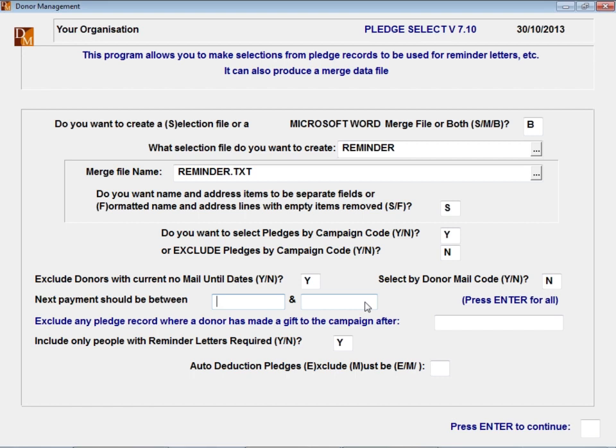So if I had people that were doing annual payments for membership, and on the date people join, their renewal comes out 12 months after that, then I do it for the month coming up. So now we're at the end of October, so I'd go from the 1st of November till the end of November this year to say they're the people I need to do the reminder letters for. If perchance we've got membership where everyone renews on, say, the 1st of September, then when I run it, I just have to say from the 1st of September till the 1st of September, choosing that particular campaign, and that should pull up everybody. If perchance I've got dates in there that are a bit iffy, then put in a date range, not one particular date, because you might miss some people because there's been a bit of a problem with the data entry.